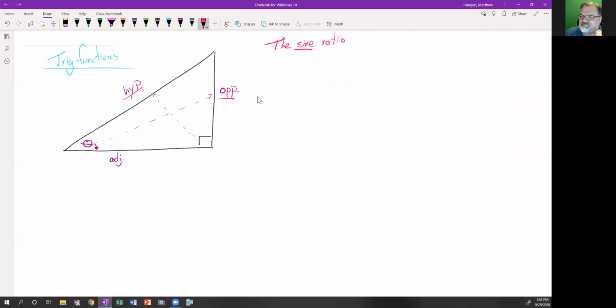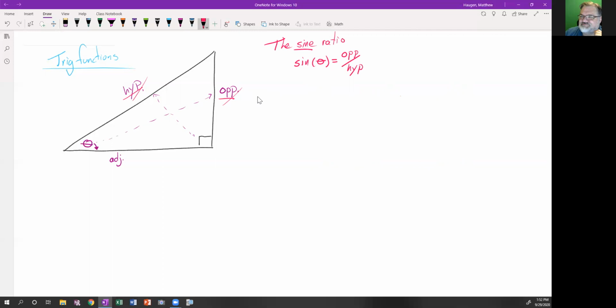So if somebody gave us an angle here and asked for the sine of that angle, we abbreviate the function sin. This is essentially like f of x, but sine of theta. We abbreviate it sin. We should still say sine. So our sine of theta, that function's job, is to output the ratio between the opposite side and the hypotenuse of a triangle with that angle. So that sine function outputs the opposite over the hypotenuse